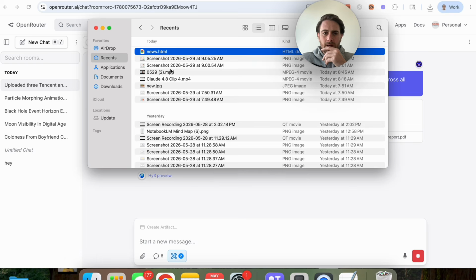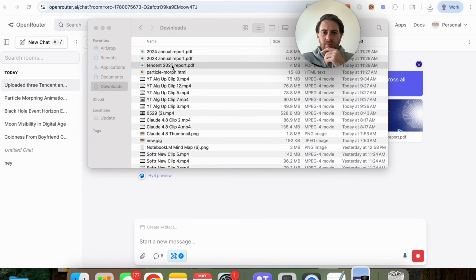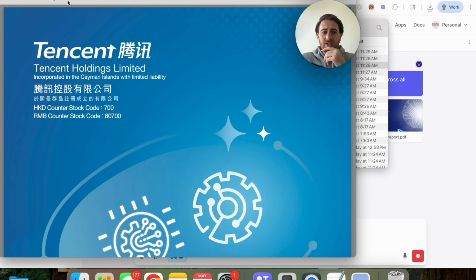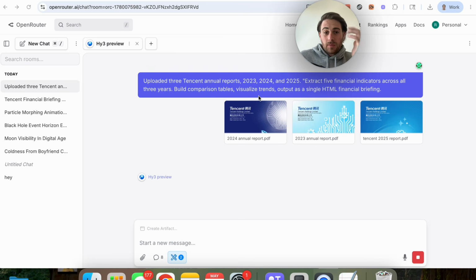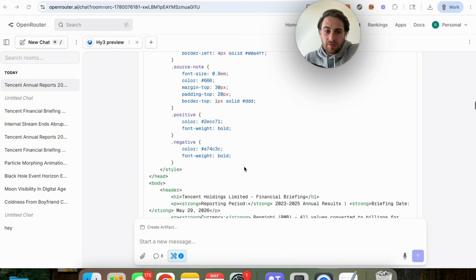And what I wanted to show you right here is actually how big these reports actually are. If we come over to the 2025 report, we could see that this has 282 pages. So this is about 750 pages of documents that this is about to go through. And essentially what this is really going to show off here is how that massive context window comes into play and is incredibly valuable. And once again, this actually went through, this created this HTML file,